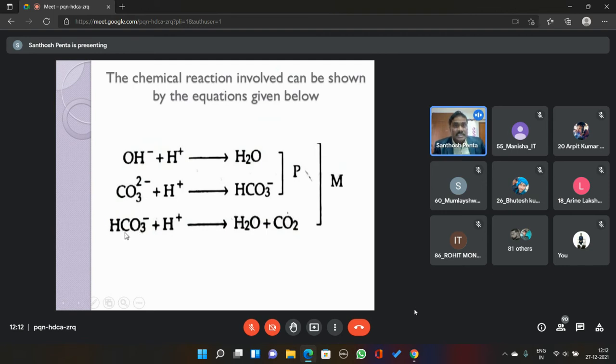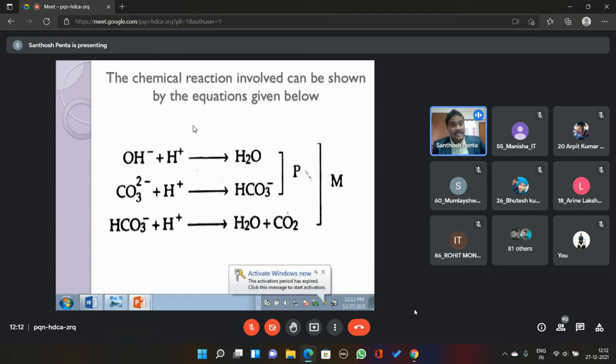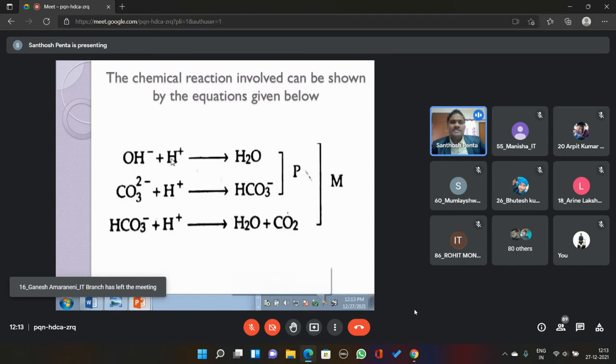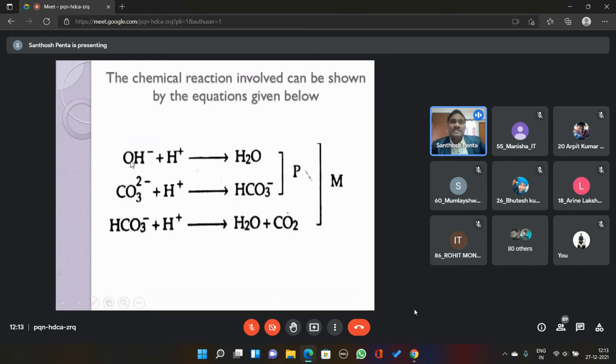These 3 ions are responsible for the alkalinity, and at the same time, as we are titrating this alkaline water to the standard acid, what happened? What type of chemical reactions are taking place? Here it was represented. The alkaline water is titrated against standard acid. In the standard acid, either HCl or H2SO4 may be there. So that means in the acidic solution, H plus ions may be there. That H plus may be reacting with the alkaline ions present in the water sample. Then that is nothing but neutralization taking place.